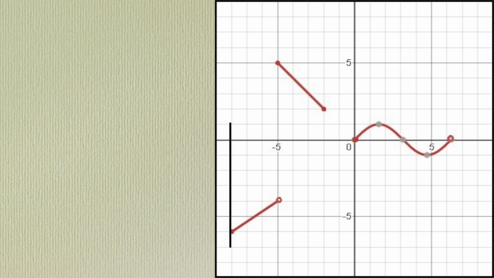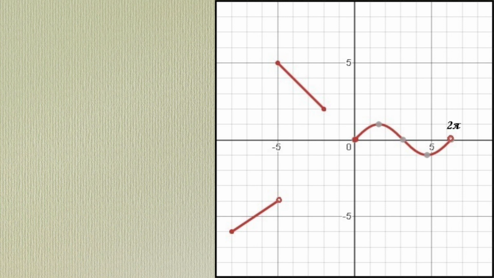Then if we go to the right, there appears to be a break at -5. However, there's an open circle in the first piece, but a closed circle in the second piece, and they're both at -5. So -5 is still included as part of the domain. It will continue from -8 past -5 on to the end of the second piece at -2. Then there's a break, and then notice it starts at 0 and continues until the open circle at the end